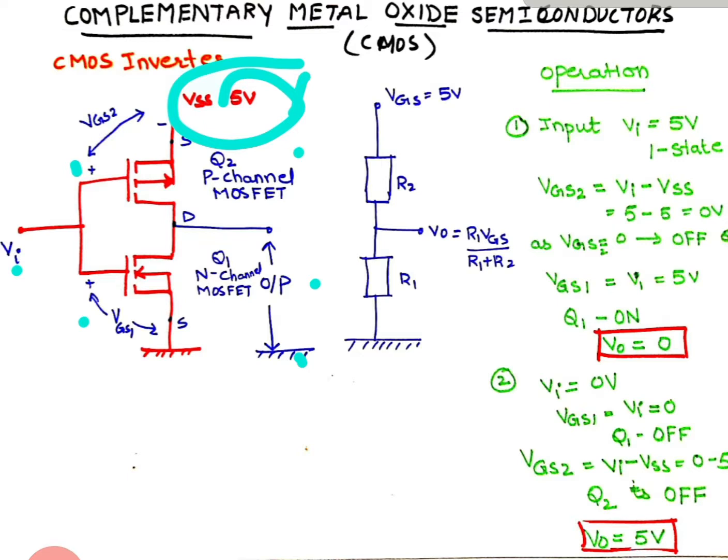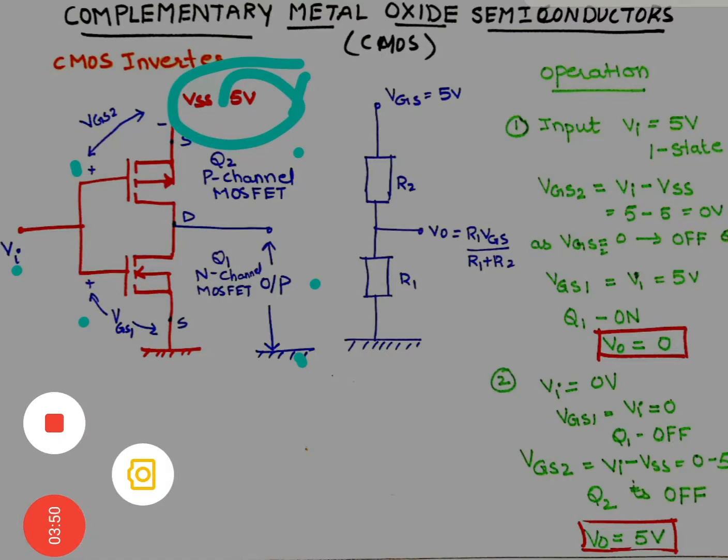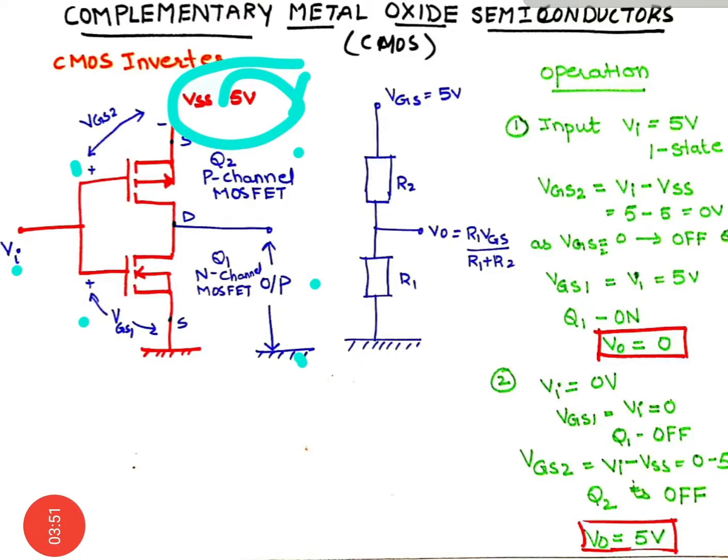Now let us see the operation of the CMOS as an inverter. How does it act as an inverter? Basically, an inverter is a circuit that inverts whatever input you have given. If you give 0 volts as the input, you will get 5 volts as the output, or if you give the input as 0, you will get 1. And if you give input as 5 volts, you get 0 volts, or logic 1 will result in logic 0. Now let us see how this works.